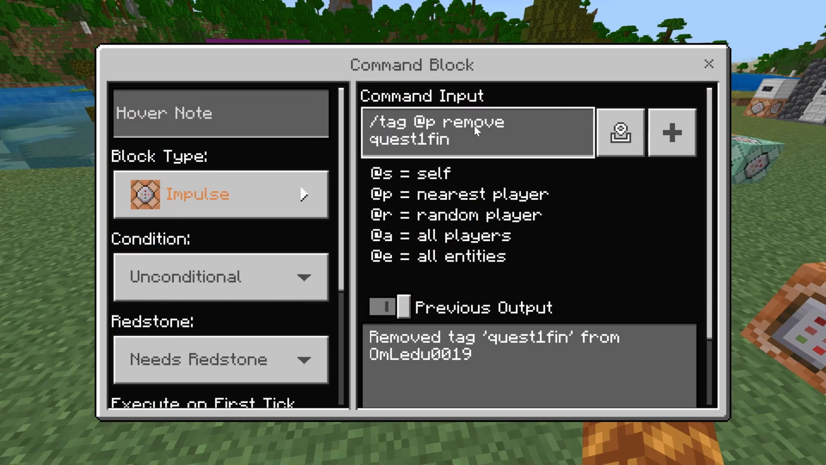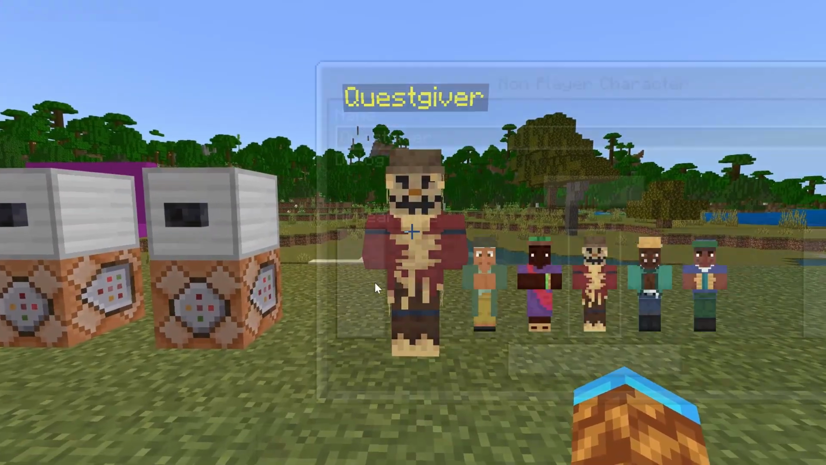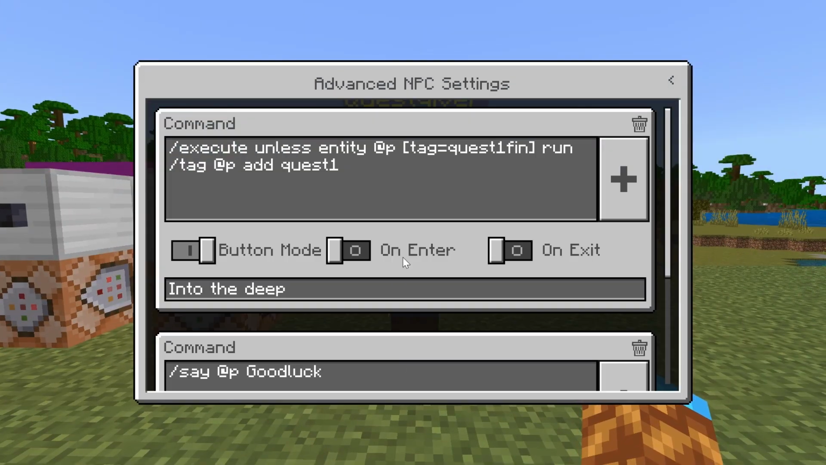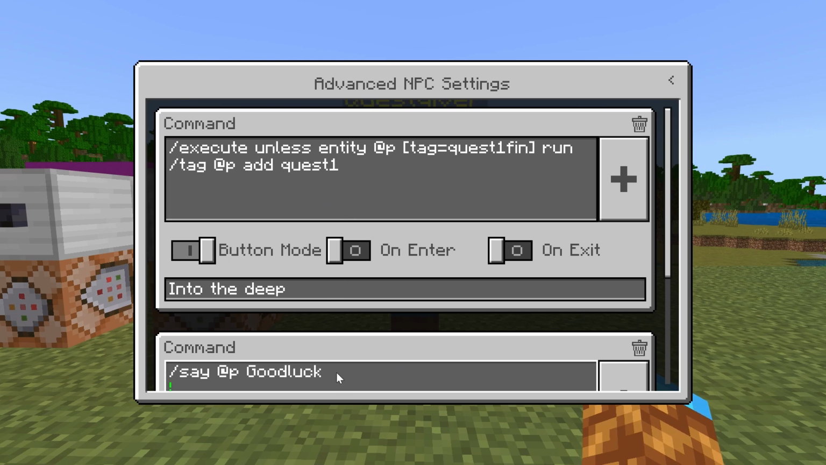But you can also add a command block somewhere that will remove the quest 1 fin tag. Doing this will allow the quest to be repeatable if the player has met certain conditions, whatever you want those conditions to be. One really neat thing about using a non-repeatable quest is you can use that second tag to give you a second quest,